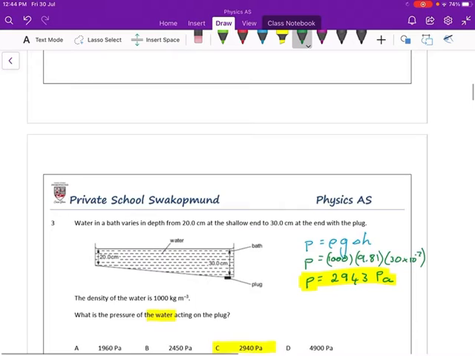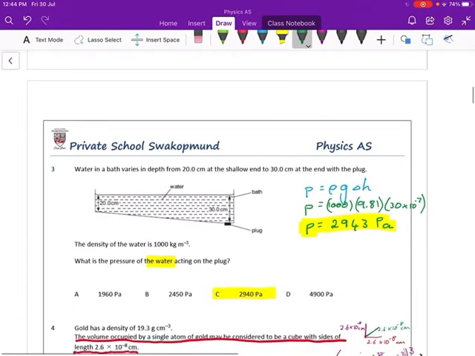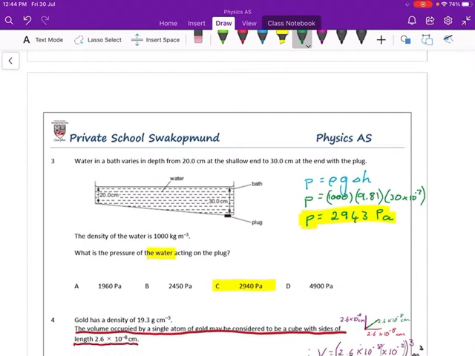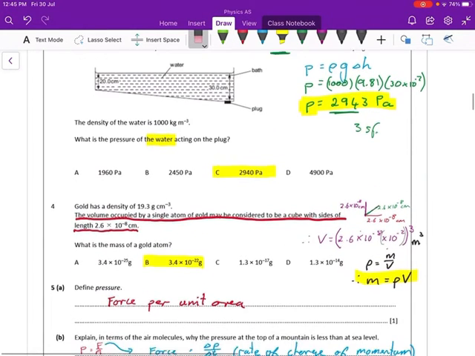Number 3, basic application of formula. Again, just needed to convert your height, literally, or your depth in there to cubic meters, get to a Pascal, and then it was rounded to 3 significant figures in there. What do we have next? Next we have,